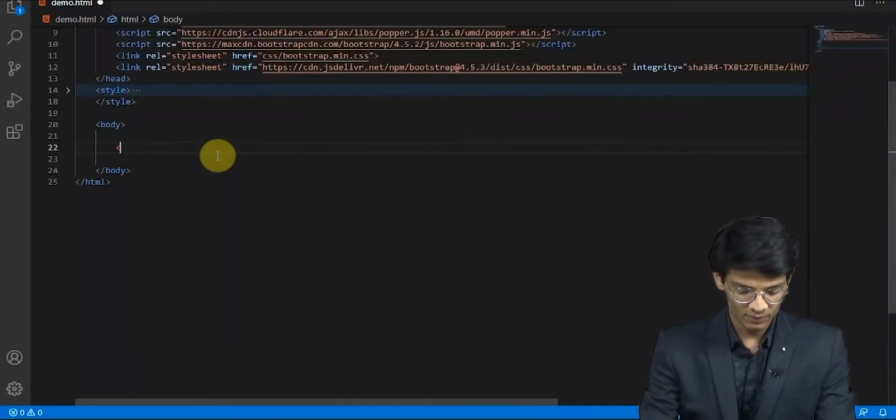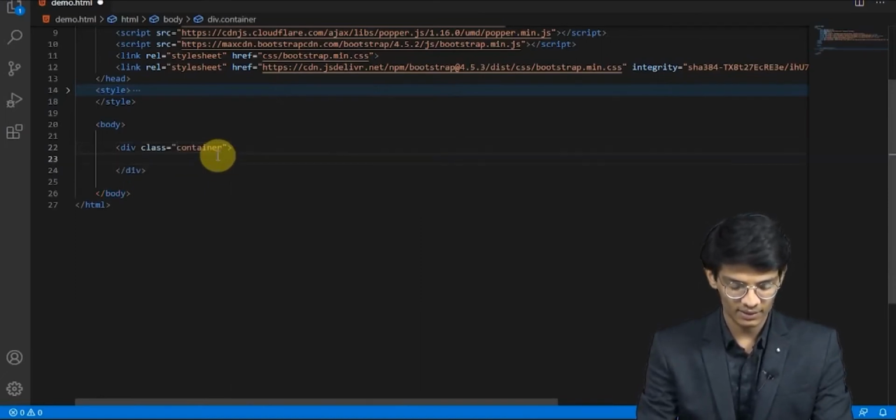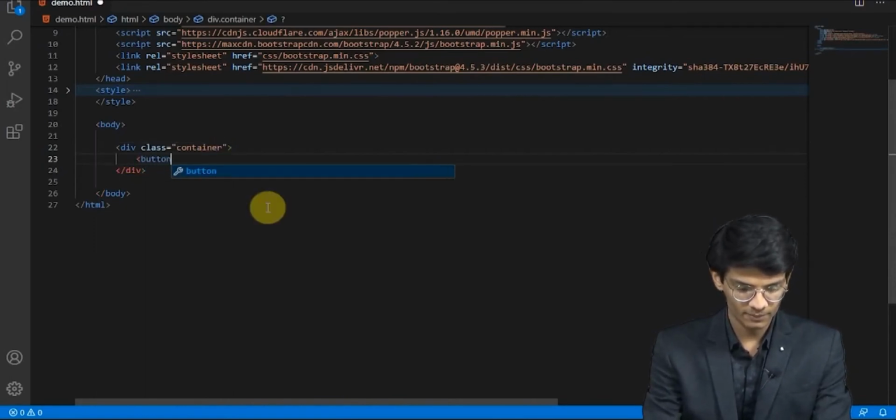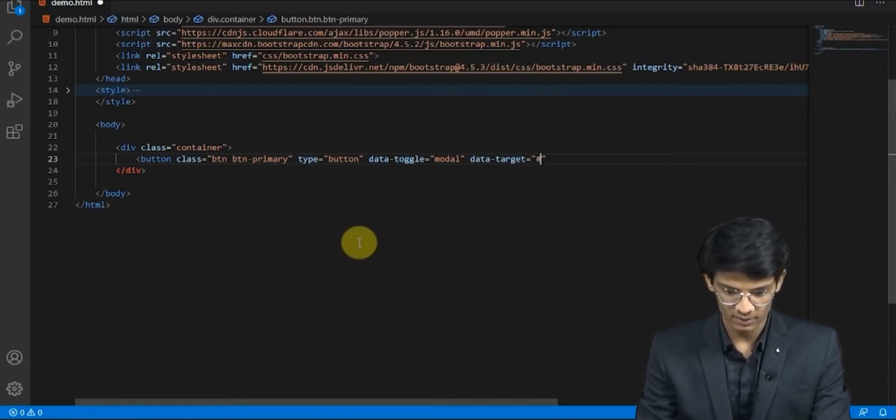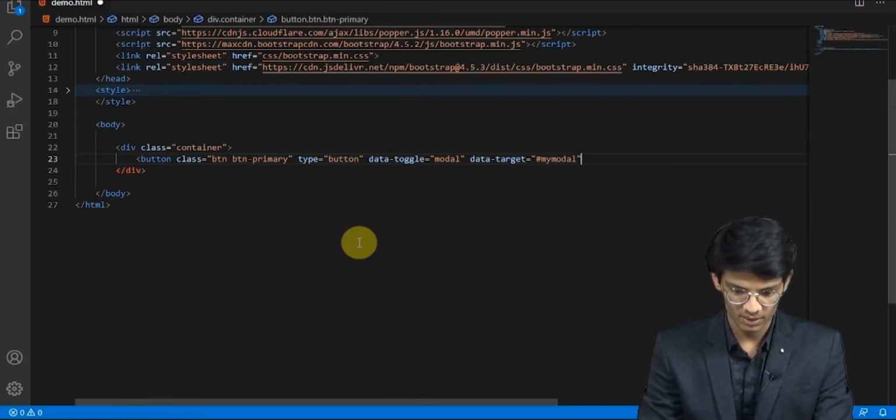Well, as you can see, I've got a div class container, and inside that I'm going to give a button, button primary, type would be button, and data toggle modal, and data target would be our ID, that would be my modal.